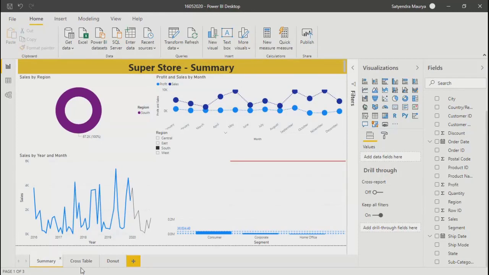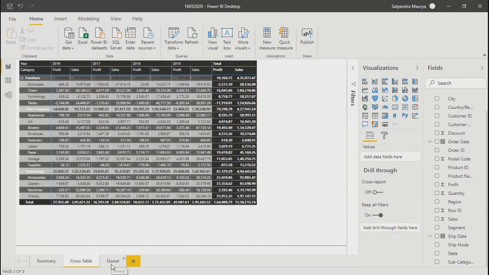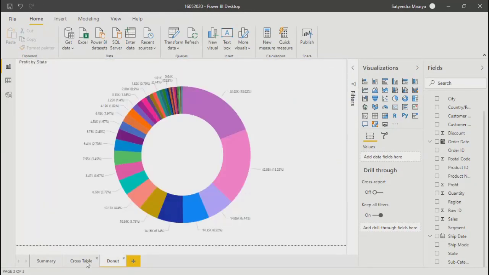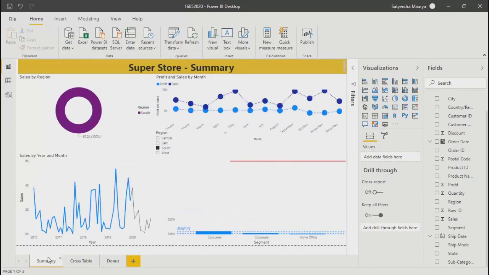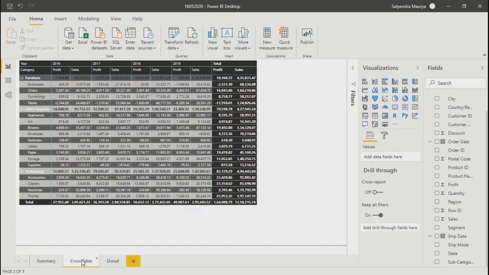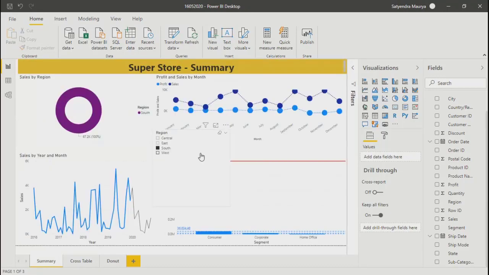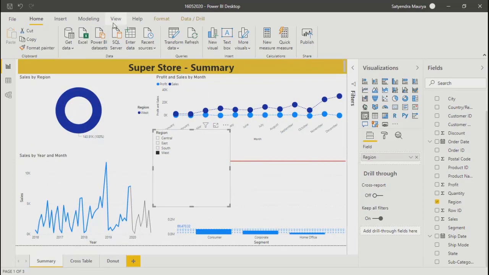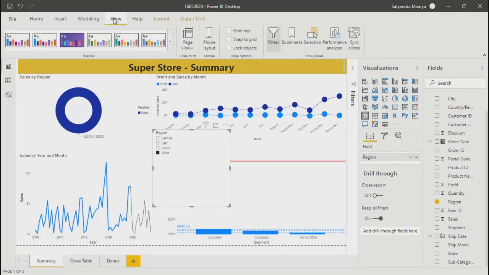There is one setting we need to use so that the slicer will be applicable on all the sheets, or whichever sheet we want. There is no mandate that you need to use it on all. So I'll select this slicer, go to View, and under View you have an option called Sync slicers.